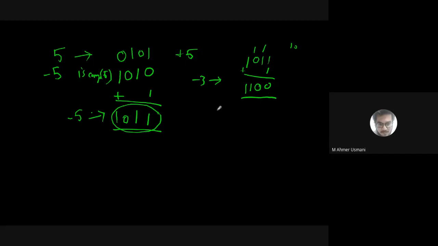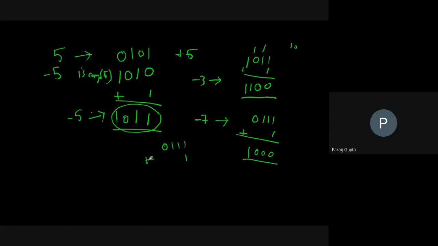Now just show me the 2's complement of -7. So 7 is represented as 0 1 1 1. Its 2's complement is nothing but we add 1 to it. What will we get? 0 carry 1, 0 carry 1, 0 carry 1. Sir, a 1 will come first, 1 0 0 0. 0 1 1 1, if you add 1 to it...